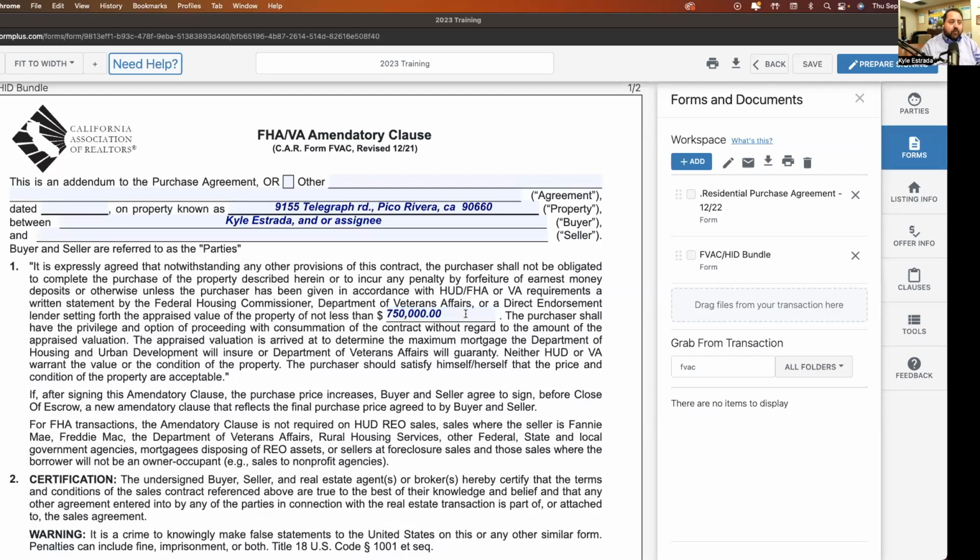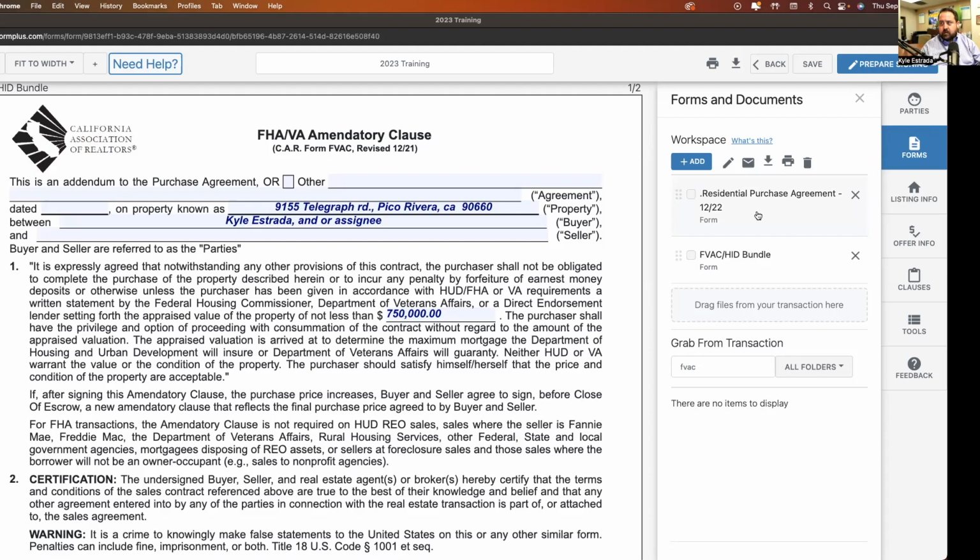If it was the offer price, then it would be the offer price. Whether I have an appraisal contingency or not, I could have already removed my appraisal contingency, and then it doesn't appraise for this amount, even without an appraisal contingency, I cannot lose my deposit as buyer. That's it. That's what this form says. So whatever amount you write in here on the FVAC, if it doesn't appraise for that, with or without an appraisal contingency, that buyer does not lose their deposit.